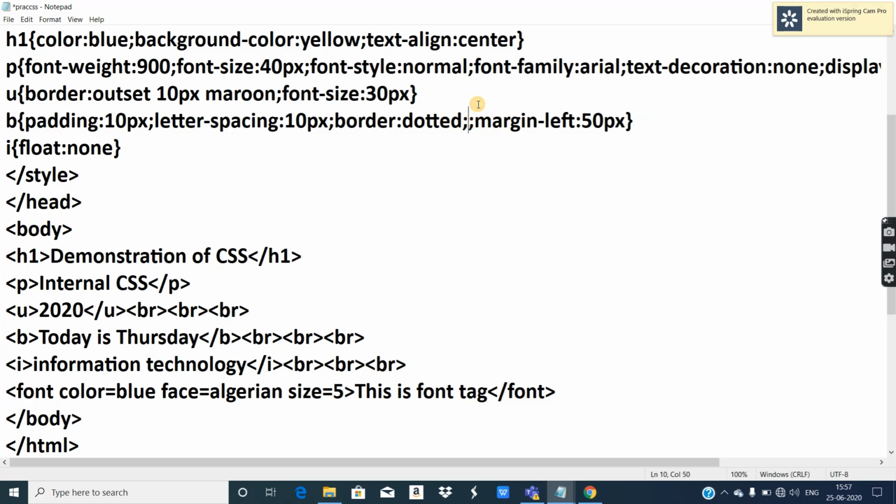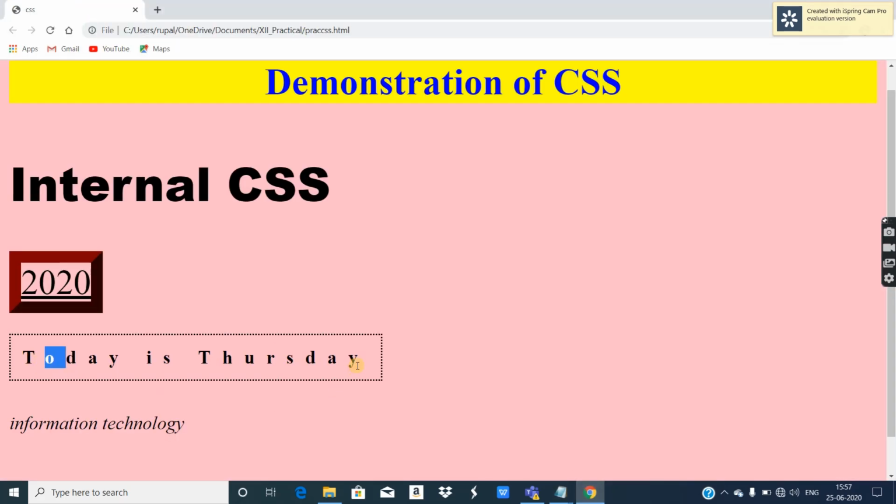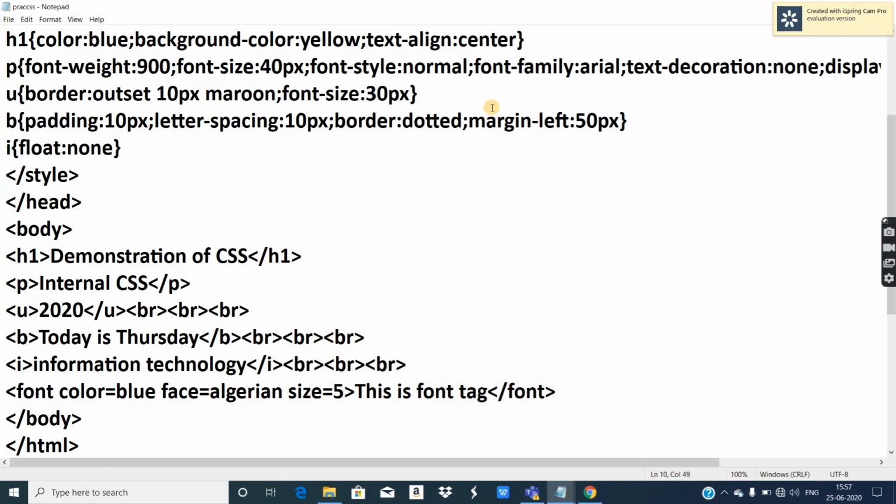It provides margin space to the left side. Now observe, you must see a shifting of this text, and spaces applied in the left direction. See, spaces are applied depending on the value. So this is margin left. I gave 50 px, so 50 pixel space got applied.